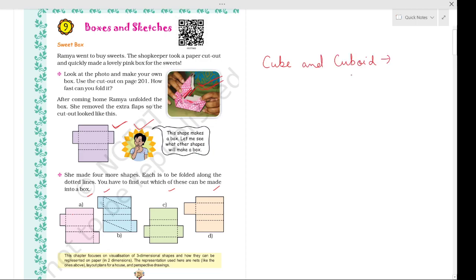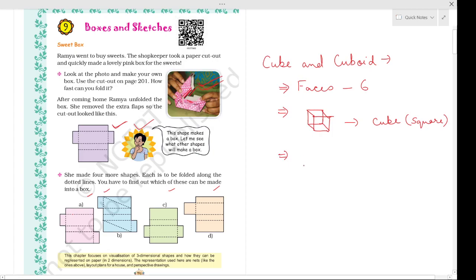The total number of faces in a cube and a cuboid is 6. So the first thing that you all have to note is the total number of faces. Now here I am going to make a cube. As you all know, a cube is made up of squares. Here you can see all the faces of this cube are in square shape, and all the faces are equal. So you have made a cube from the square shape because all the faces of a cube are equal.